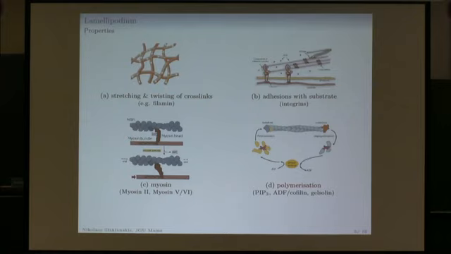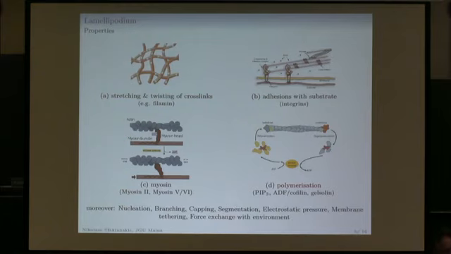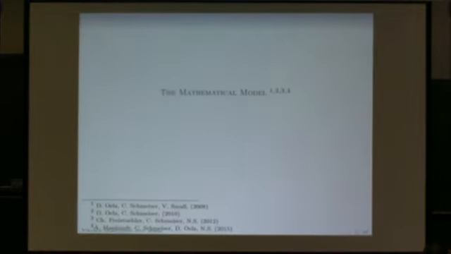This component also is included in our work. I wanted to present only 4 of them, but there are many more things that we discuss and address, and we include nucleation, that is creation of new filaments, branching of filaments. So branching of filaments is how a new filament emanates from a filament by a new branch. Capping, segmentation, and so on. I will come to more details in a while. Modeling wise,